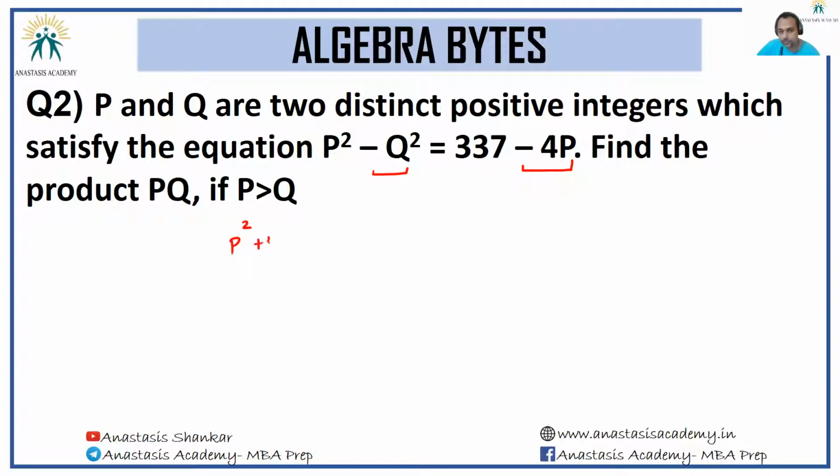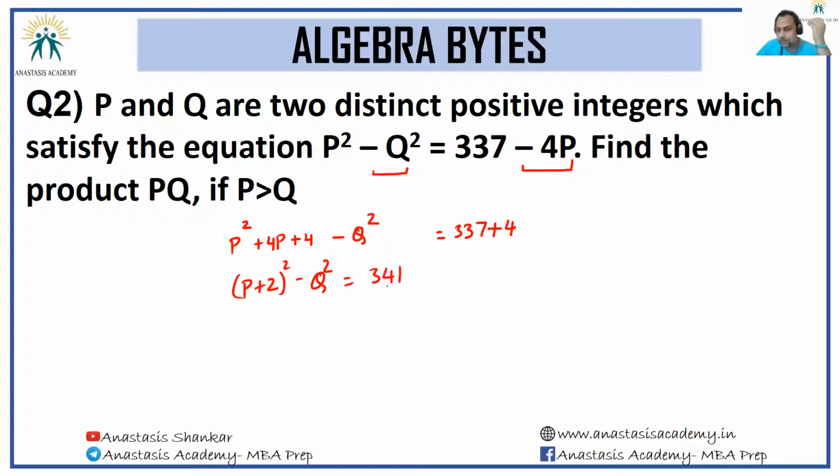P square, I've got plus 4p. Additionally, can you see if I want to complete the perfect square here, I'll simply add a 4. But this adding of 4 cannot go without compensation. The compensation would be on the right hand side. To 337 also I will add 4. Next I have is minus q square here. And now hopefully you can see this has turned into p plus 2 whole square minus q whole square